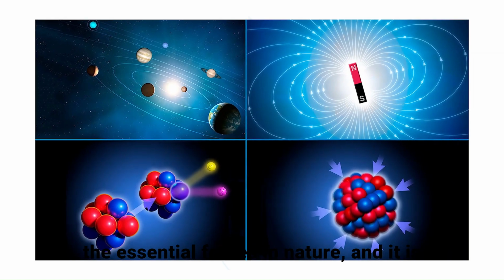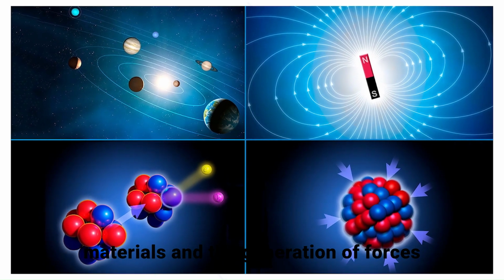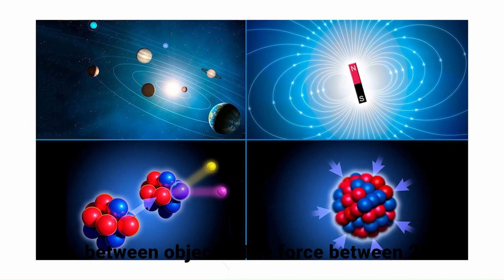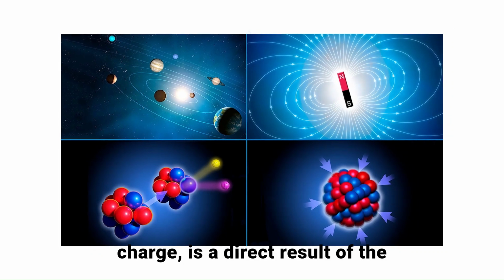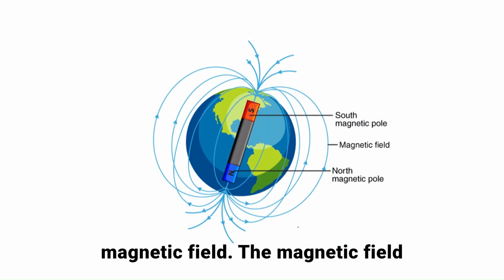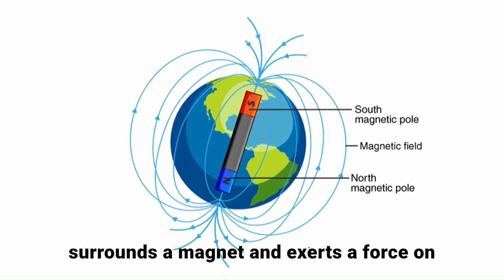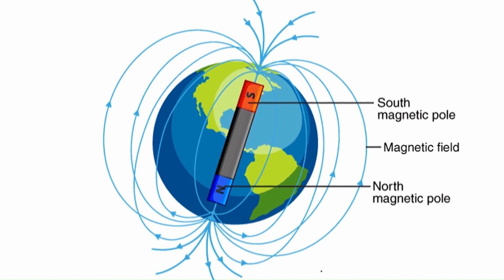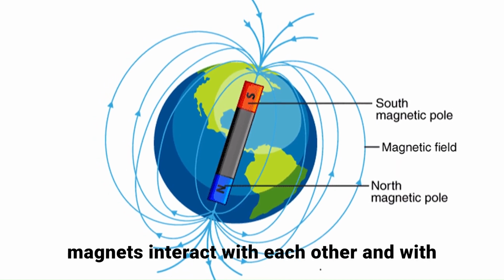Magnetism is one of the essential forces in nature, and it is responsible for the behavior of magnetic materials and the generation of forces between objects. The force between two magnets or between a magnet and a moving charge is a direct result of the magnetic field. The magnetic field is an invisible force field that surrounds a magnet and exerts a force on other magnets or magnetic materials. This force field is the basis of how magnets interact with each other and with the world